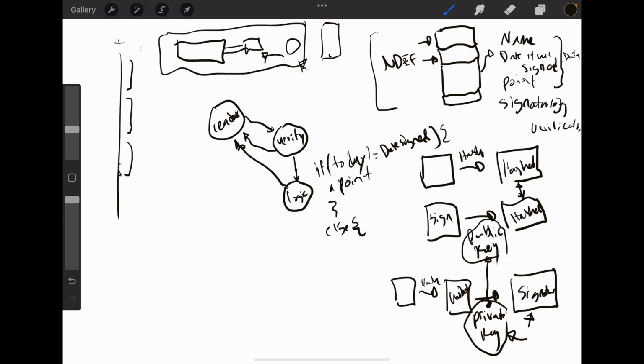If it fails verification, then we know this tag is not from us. We don't need to do anything with it, right? We just send it back to the reader mode, right? After this logic step, right, return to start. After this logic step, then you need to go into signing the new tag, so the